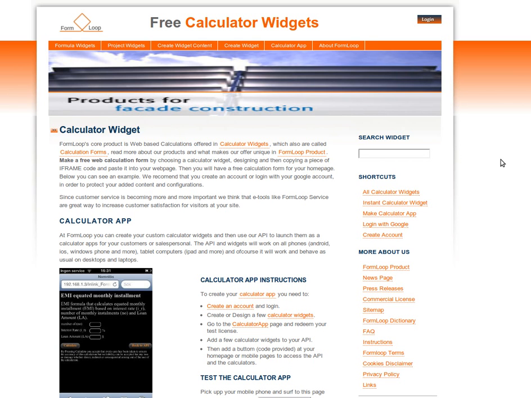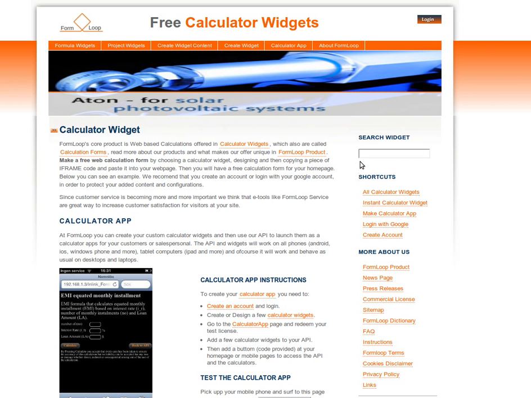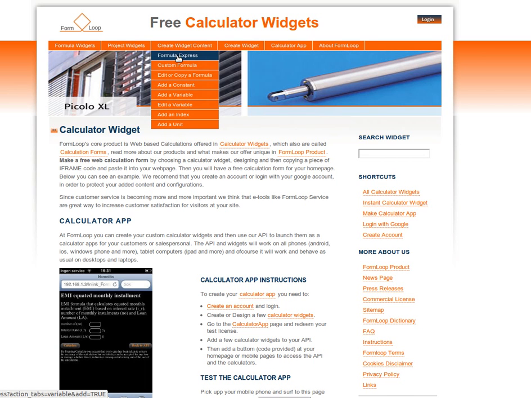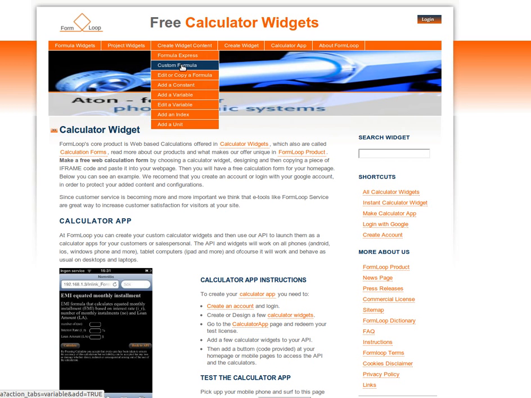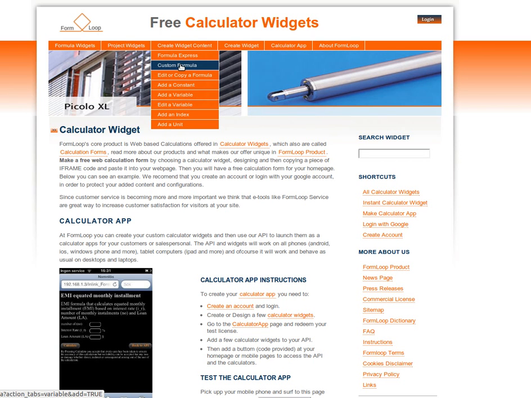In this video we're gonna show you how to add a complex formula. So you go to create widget content, and here you have Formula Express, that is for adding simple formulas. Then you have custom formula, that is for adding complex formulas. However, when you want to add personal formulas and custom formula content and so on, you might want